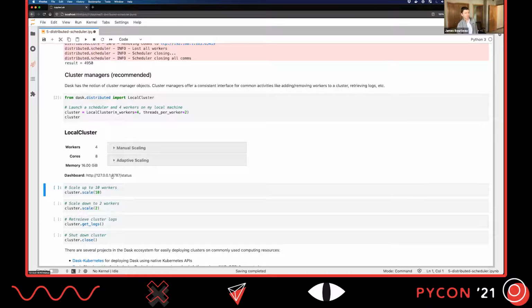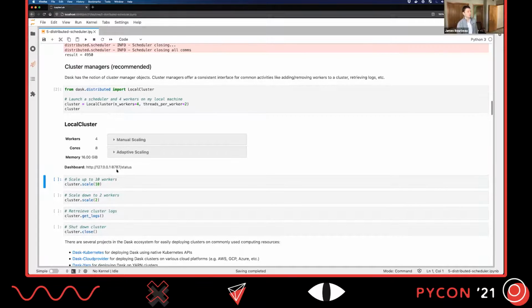Here's the dashboard you can link to if you want to get the corresponding diagnostics for that particular scheduler that I just launched. So this is really how most people deploy Dask clusters. They will instantiate some kind of cluster object, some kind of cluster manager. And that cluster manager will handle everything behind the scenes for you. In this case, it's spinning up local threads and processes. We'll see examples of when we're not doing local things later. So the cluster API has some